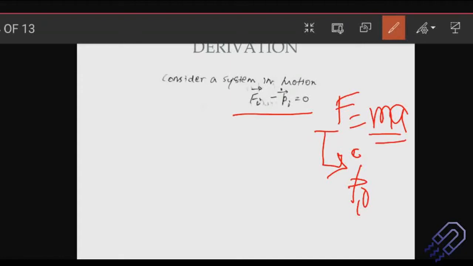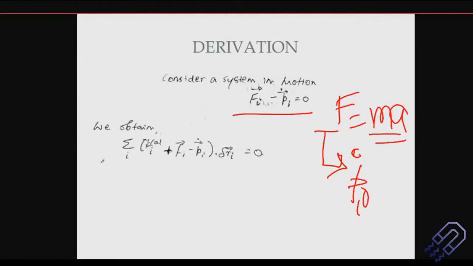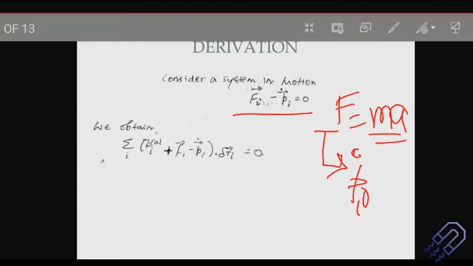So this is valid, right? And if we just do that, we can actually obtain this relation. So where do we get this relation from? Because, if you remember,